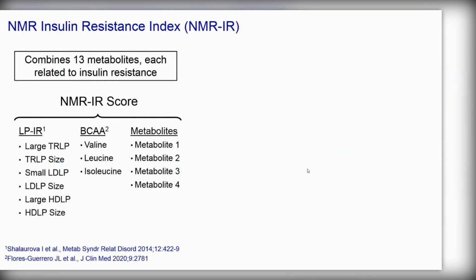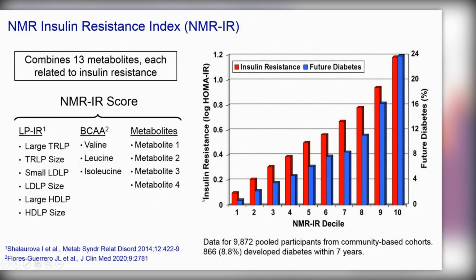So it turns out that a single NMR spectrum produces 13 metabolites that combined give you a good readout of insulin resistance. This consists of the lipoprotein insulin resistance score that has 6 lipoprotein contributors to it, branched chain amino acids. And then since we haven't published on this NMR-IR score, I'm not going to disclose what these additional 4 metabolites are. But I just want to show you that in a large population of people that had this measurement